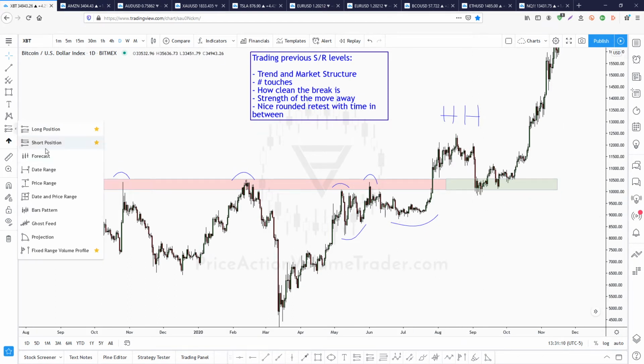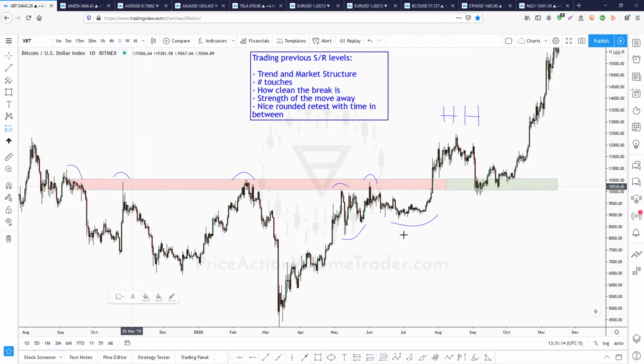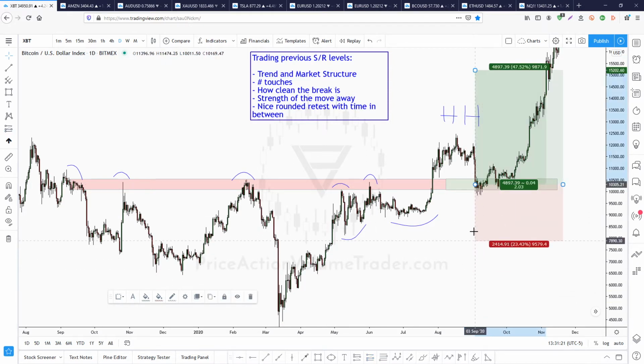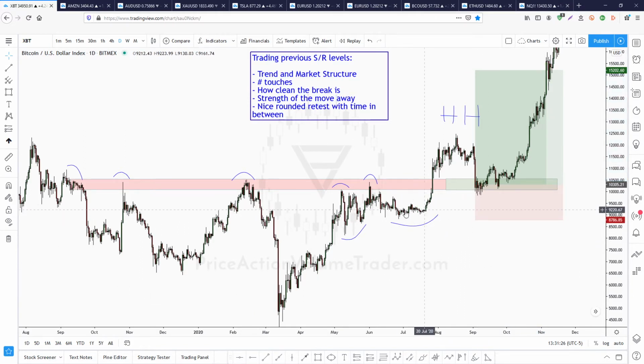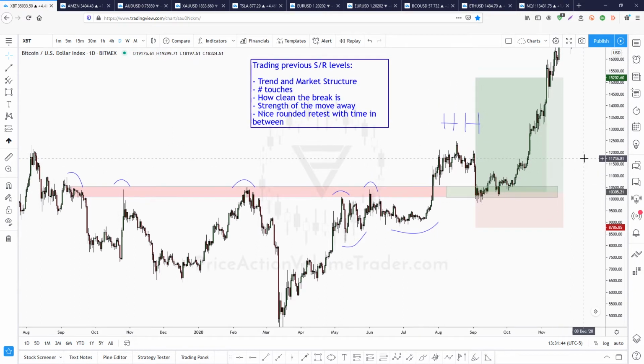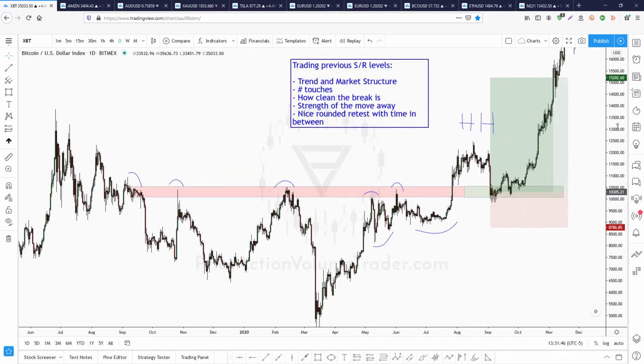And where would you place your stop loss? Well, in this case, let's say we put our entry at the middle of this area here. Our stop loss will always go below the last consolidation before we had the breakout. So in this case, we had this consolidation here before we broke market structure up and before we cleanly broke this resistance. Now we pull back, we can set our entry here, and then as far as targets, well, we